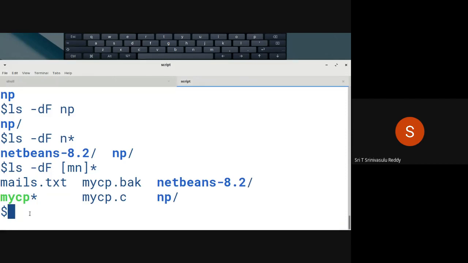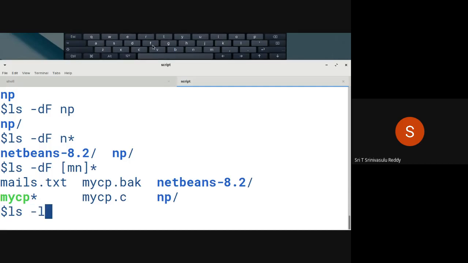Now we can see, for example, ls, right? So we have just now created the files. So how to know whether they are there or not here? One way is by giving an option called long listing.